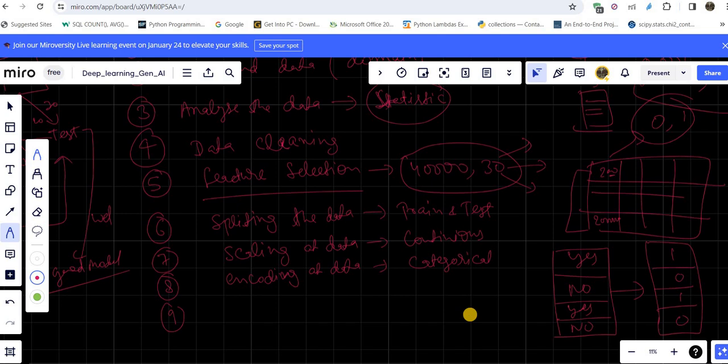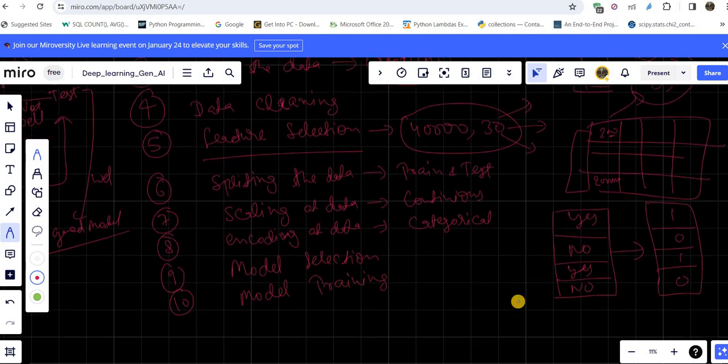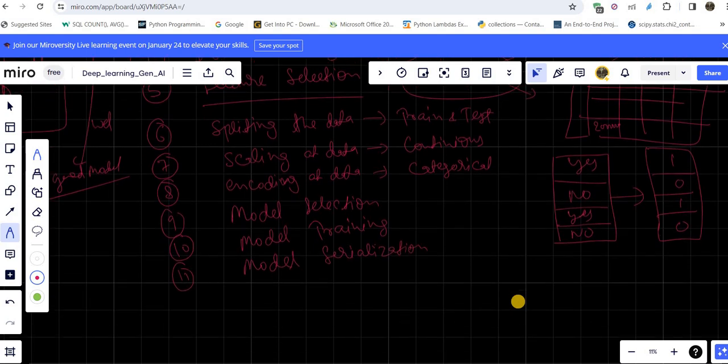no confusion. Then after, here the parts came: model training, or you can say first model selection, meaning which model I have to use for my use case. And then once you finalize your model, then model training. Now you need to train the machine learning model. And once you have trained, then model serialization. Serialization means model saving and loading. Okay, to save the model or to load the model, which we saw.